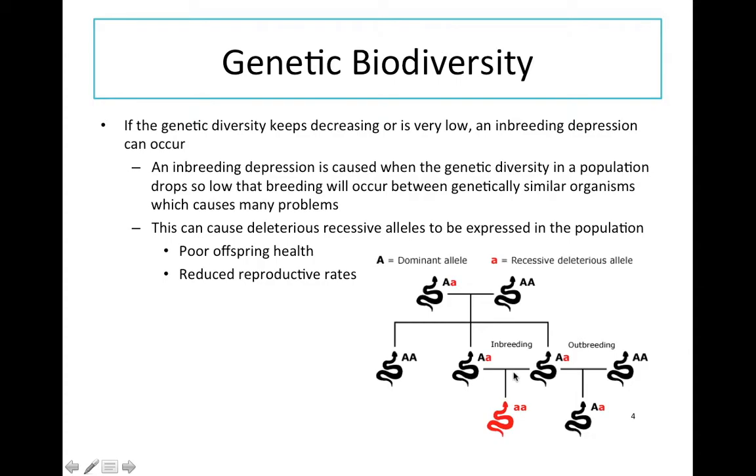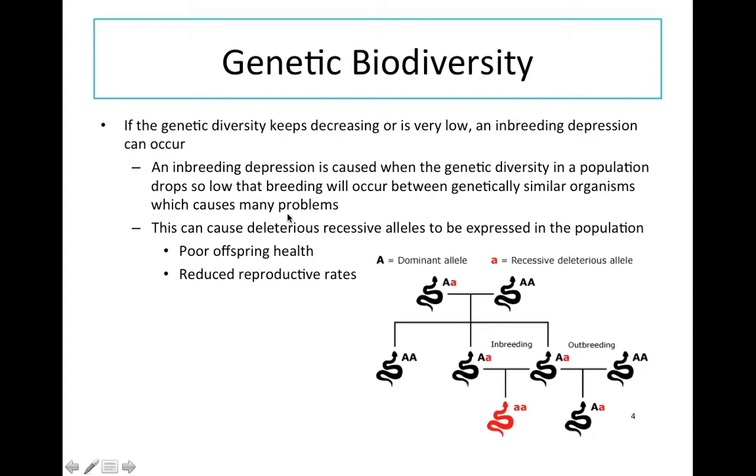And then what they're saying is because inbreeding occurs here between two very genetically similar, they're the same offspring, you end up with the recessive being expressed, which is a deleterious thing. Maybe it potentially causes a problem in some very, very vital function, so that the organism is now far less fit than its other siblings and offspring that don't have this deleterious allele expression going on. Okay, so